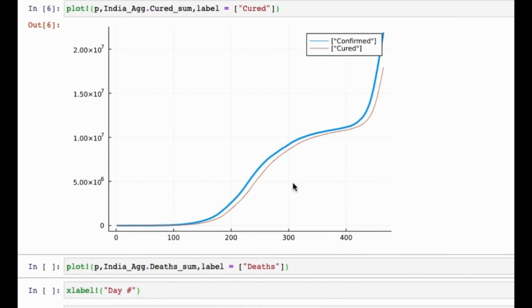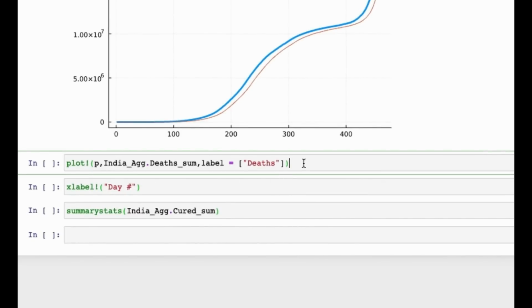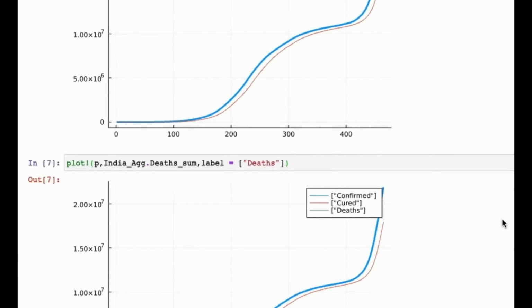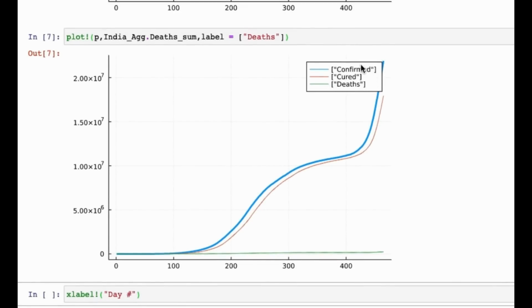We can also add the deaths, so let's add deaths as well. Now you have confirmed, cured, and deaths. As you can see, the deaths line is green, which is not really understandable in this plot because the scale of the deaths is comparatively lesser than confirmed or cured.